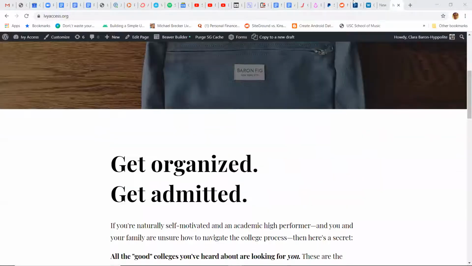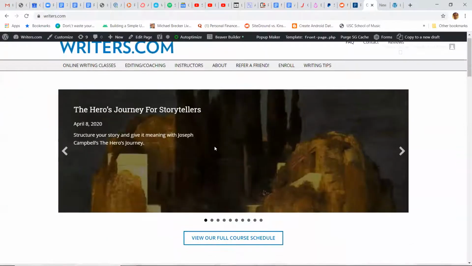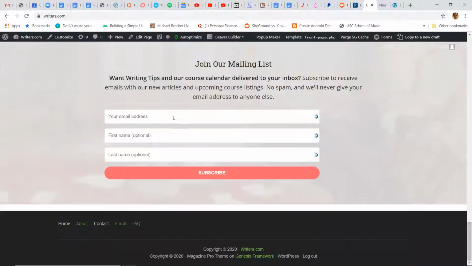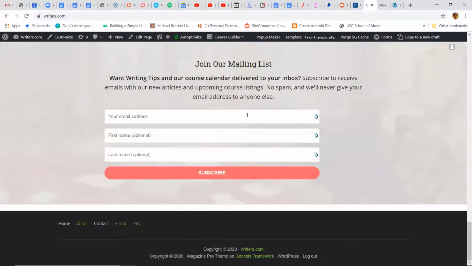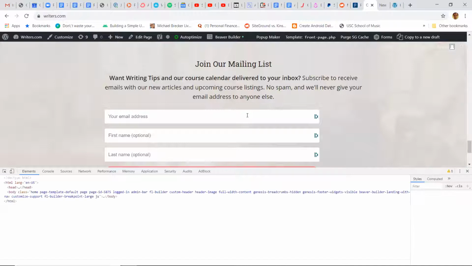Not just a background on a page or a row. What I was referring to is on a form input field, using an image or a color for the background in the input field. Let me see if I can find a form somewhere. Okay, here. So the question is, have I ever put an image as the background of a form input field? No, I don't think I have. I can't think of a good reason to do that. So maybe I agree with you.